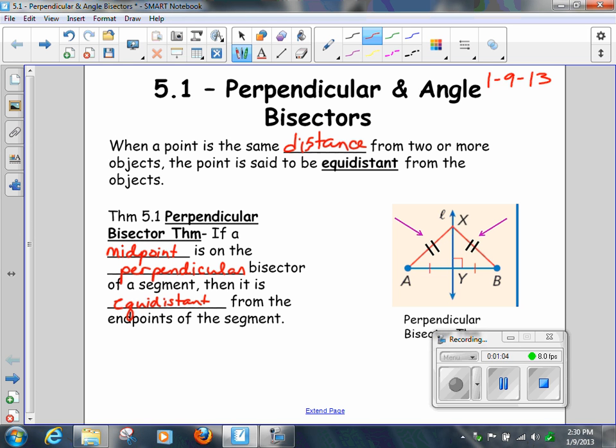If a point, not midpoint, if a point is on the perpendicular bisector of a segment,